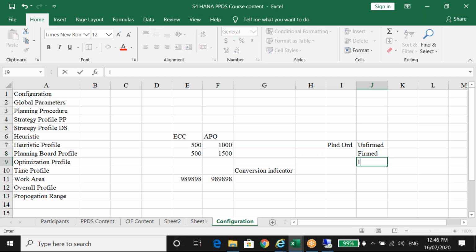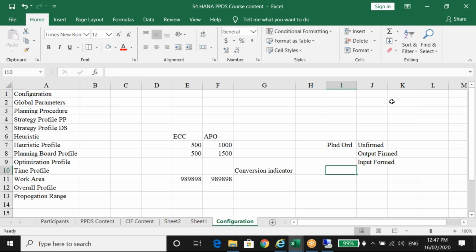And then input, so this is output. Output firmed, and then you have input firm. Output firmed is